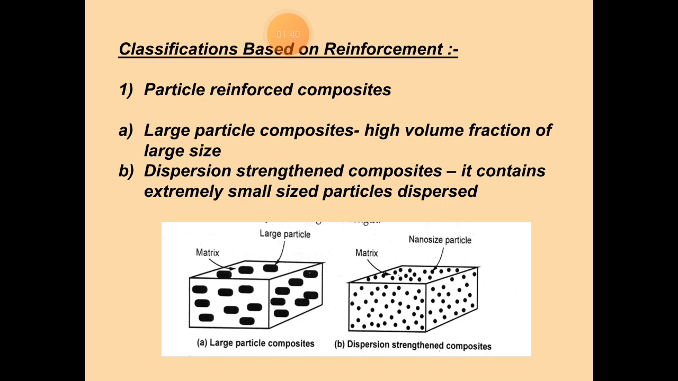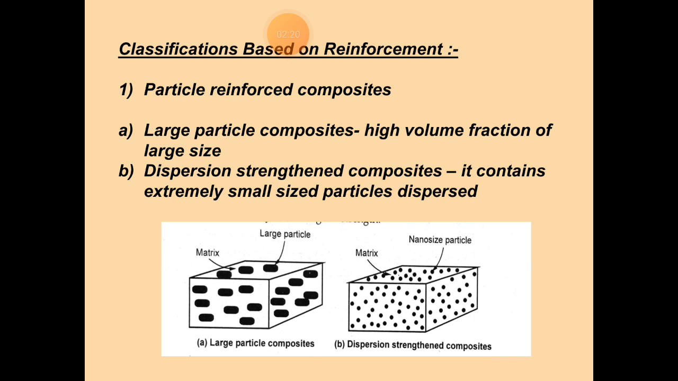Now, turning to the first, particle reinforced composites. Particle reinforced composites might fall in any one of the categories. There are two. One is large particle composites. It consists of a high fraction of large size hard particles embedded in a relatively soft matrix. Number two is dispersion strengthened composites. It consists of extremely small size particles dispersed at low concentration, which increase the matrix attraction at the atomic level,